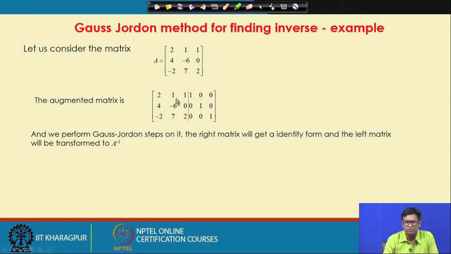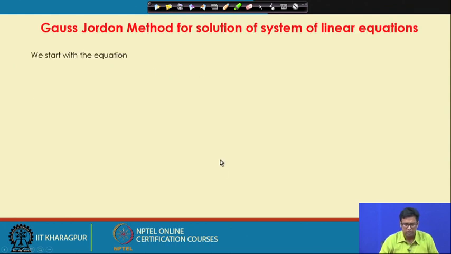So that the leftmost first element is 1 and all other terms in that particular column are 0. We will perform Gauss-Jordan steps on it. The right matrix will get an identity form and the left matrix will be transformed to A inverse. So, the first step is that we start with the equation,